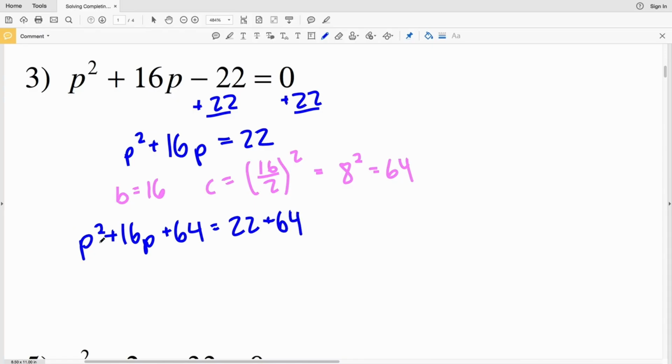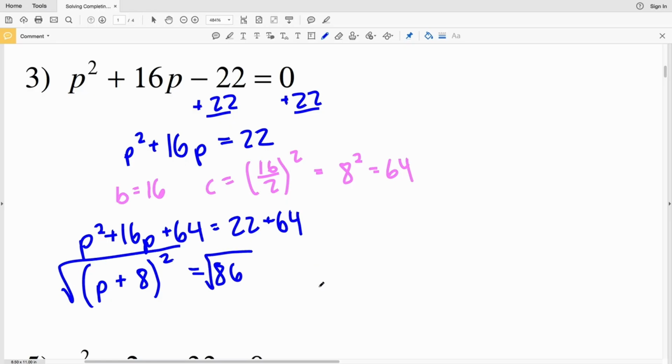So now I'm in the form of a squared plus 2ab plus b squared, where a is p and b is a positive 8, since 8 squared equals 64. (A plus b) squared. And that's equal to 22 plus 64, which equals 86. Now I'm going to need to take the square root of both sides, which will give me two separate equations. I'll have p plus 8 equal to the square root of 86, and we'll do the positive square root of 86, which is